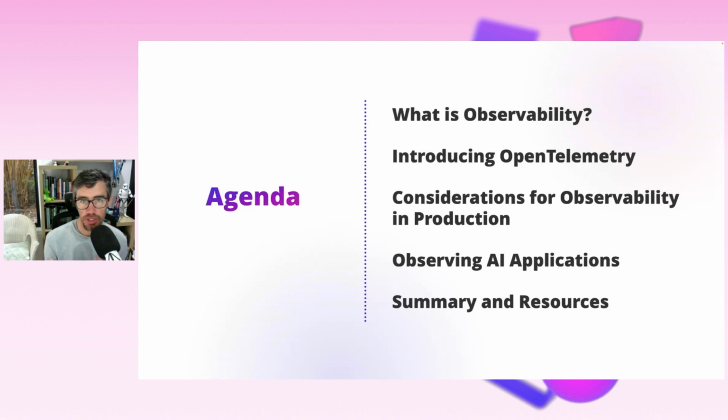So I'm going to show you two demos. One is a production application and one is a dev environment and a dev application. It's the same code base, but we've just got different ways of monitoring the application. I'm going to talk specifically about observing AI applications and what makes them a bit different, and what ways you can use to observe AI applications. And then I've also got a list of resources and additional links for you to check out.